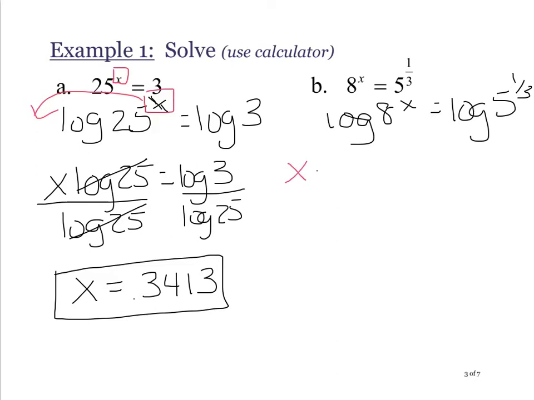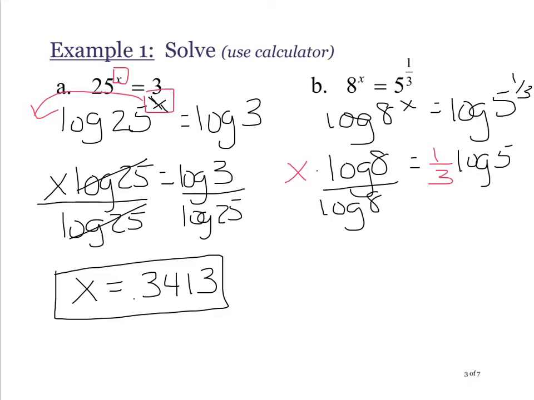So we have x times the log of 8 equals 1/3 times the log of 5. We're still solving for x, so we're still just going to divide by the log of 8. And using your calculator, just do 1/3 times the log of 5 divided by the log of 8, and you should get